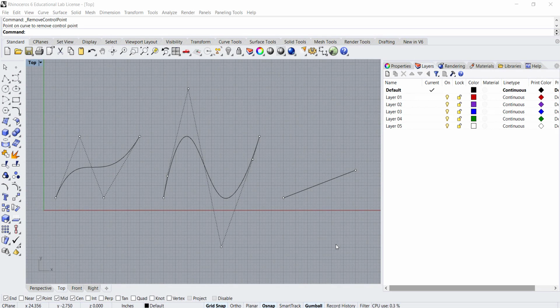So picking up on this idea of control points that have weights, I can demonstrate that by selecting the control point, or before even doing that, just typing in the command weight, and now you can see that it prompts me to select the control points to edit the weights. And if I select this point, for example,